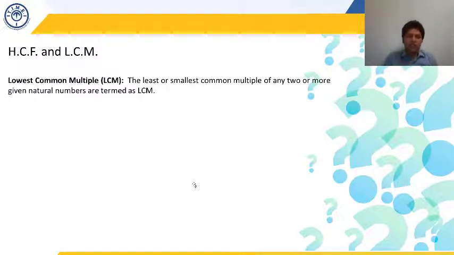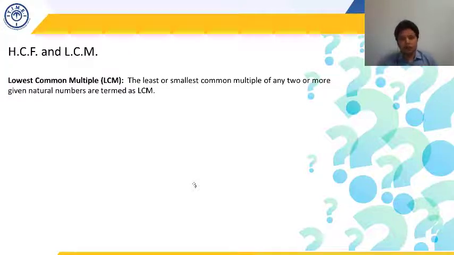So what are the multiples of 6? It is going to be 6, 12, 18, 24, 30 and so on. And what are the multiples of 12? It starts from 12 itself: 12, 24 and so on. So what is the least common multiple? The number which is a multiple of 6 as well as 12 is going to be 12 only. 12 is a multiple of 6, and 12 is a multiple of 12 also, and it is the least common multiple between both of them. So this is going to be our LCM.